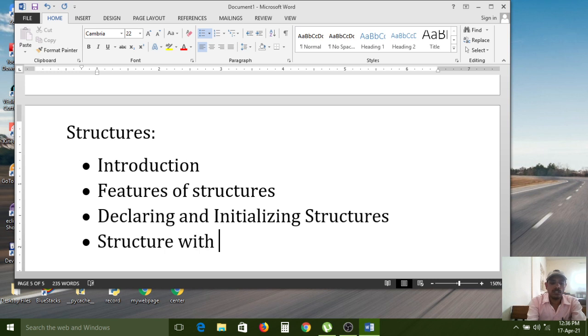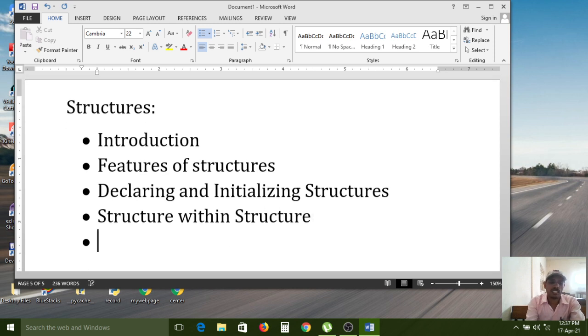Structure within structure is called a nested structure: one structure inside one more structure. If you define one structure inside another, it is called structure within structure, and we also call it a nested structure.